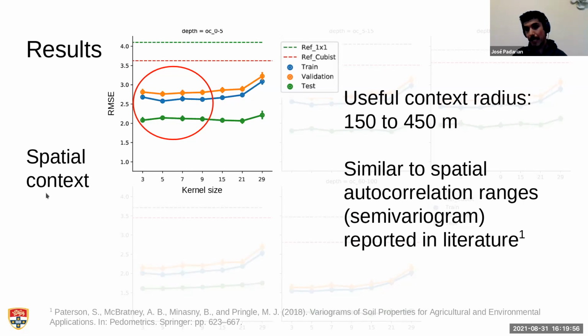And the results were quite interesting. Here we can see, first, the dashed line in red is a reference model that's commonly used for digital soil mapping. And the models with the convolutional layers perform way better. And here we varied the kernel size, or the size of the window that we